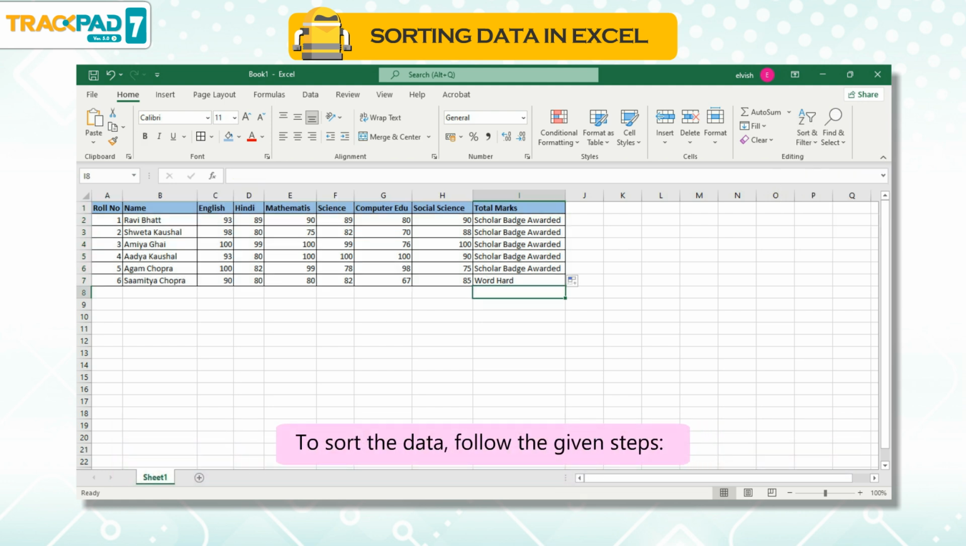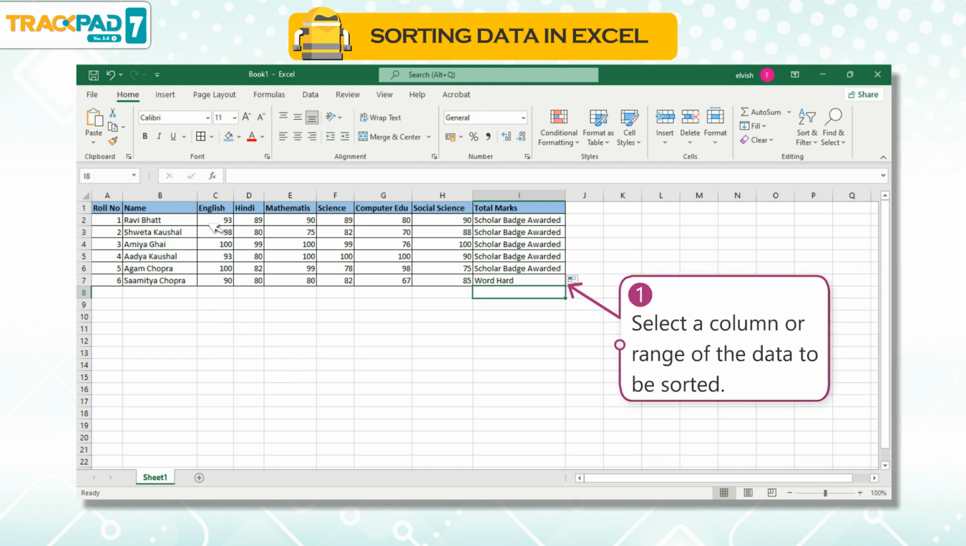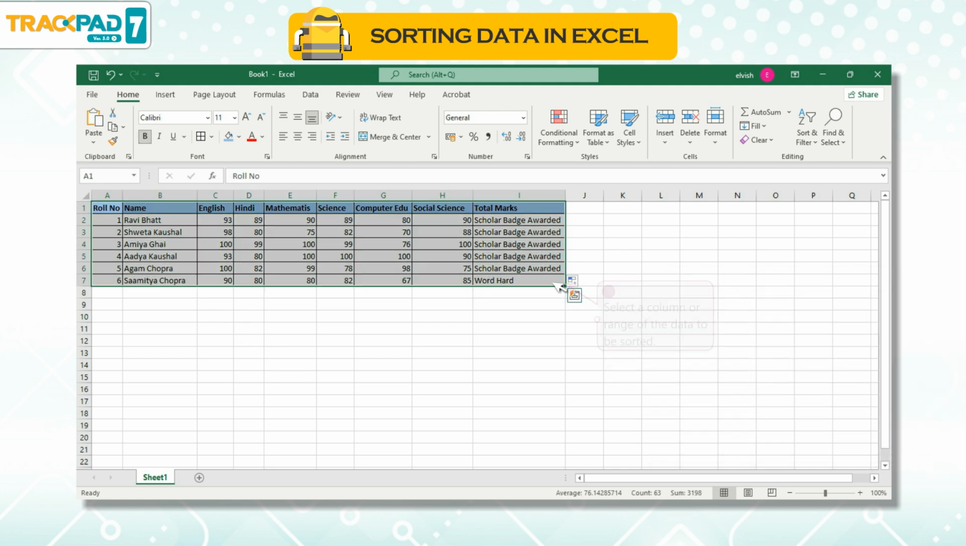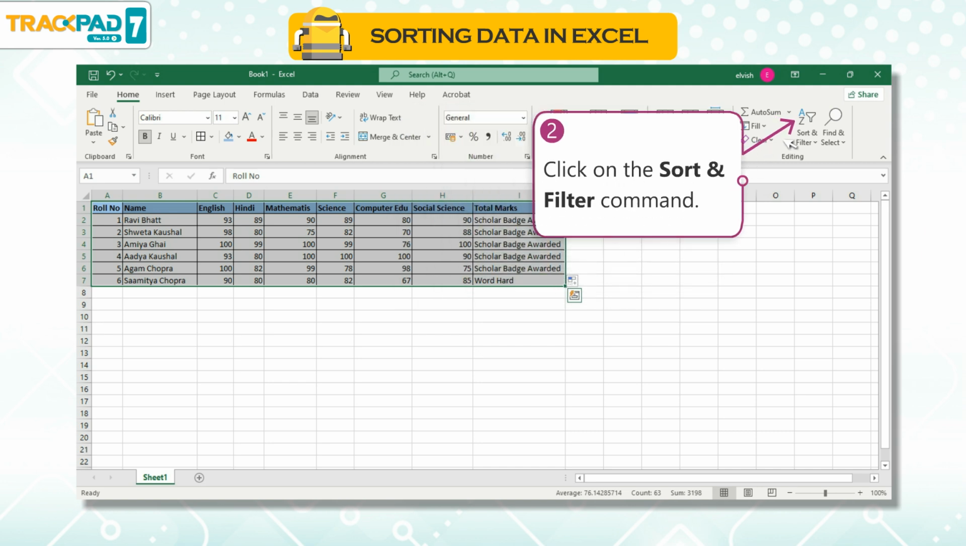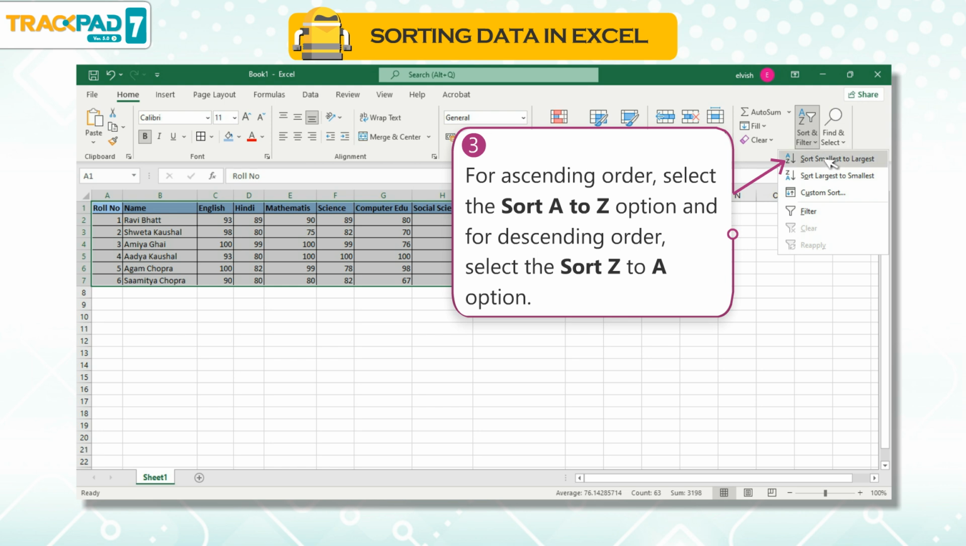To sort the data, follow the given steps. 1. Select a column or range of the data to be sorted. 2. Click on the Sort and Filter command. 3. For ascending order, select the Sort A to Z option, and for descending order, select the Sort Z to